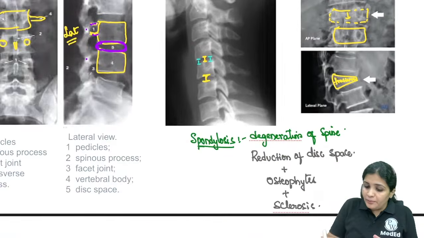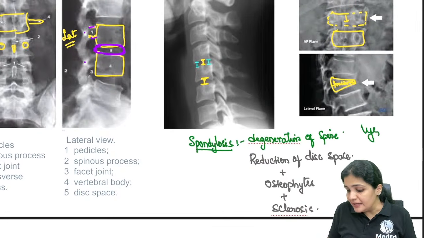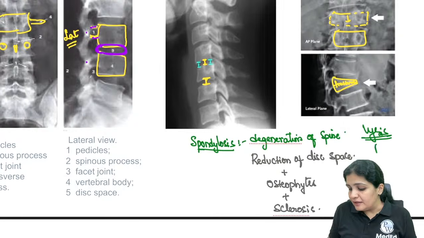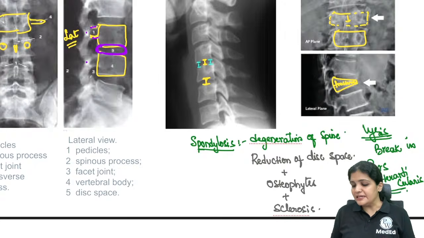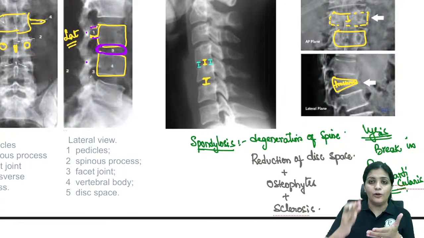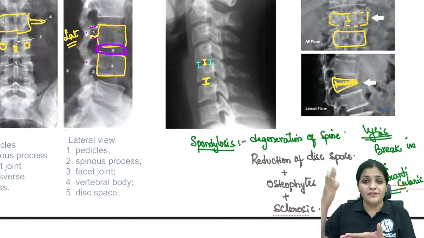Then what do you mean by spondylolysis? Lysis is nothing but a break. There is a break in a very important structure called the pars interarticularis. So that means spondylolysis. Lysis is a break, and listhesis is whenever there is a break,